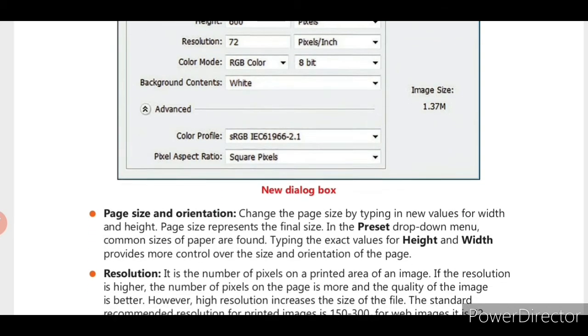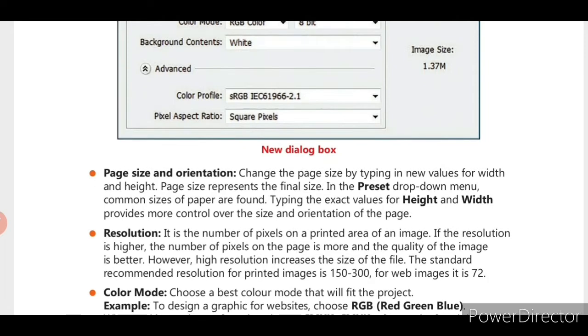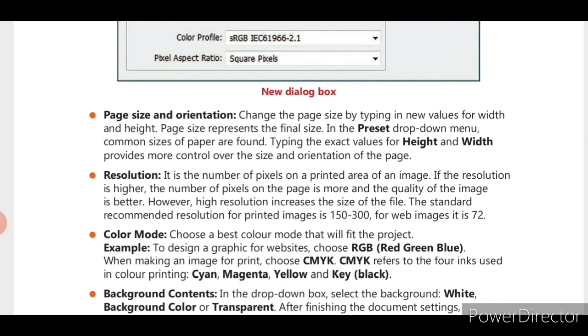Next we saw the resolution, which is nothing but the number of pixels present in a printed area of the image. If the resolution is higher, the image quality will be better, but it also occupies more space. So we should always use a recommended resolution: 150 to 300 for printed images, and 72 for web images. Clear?